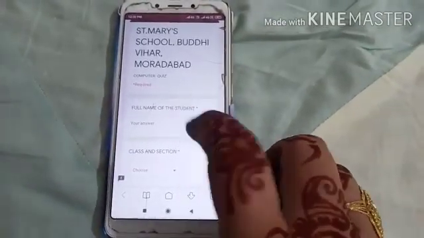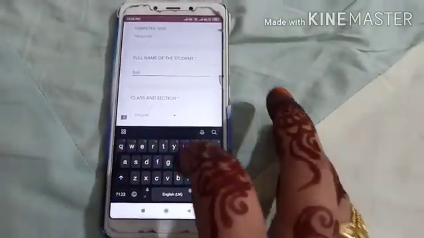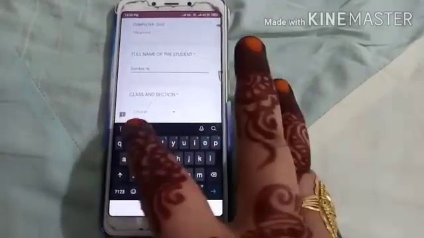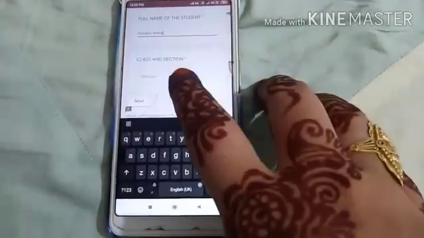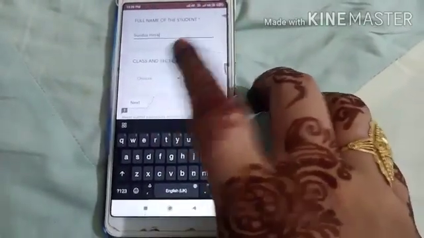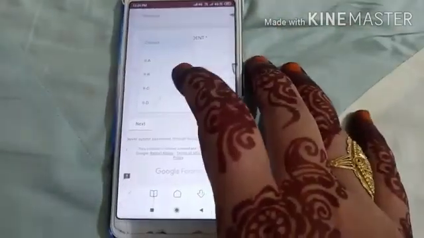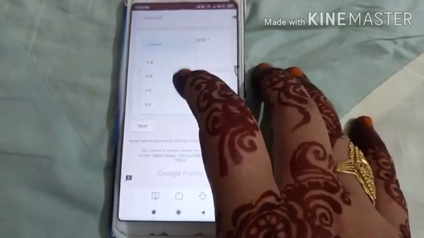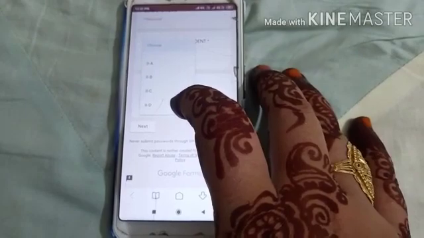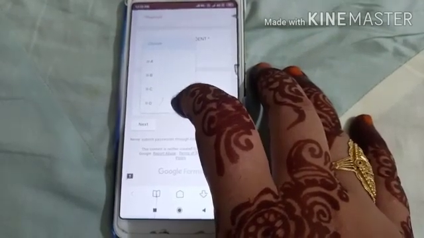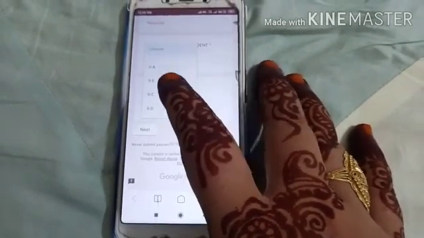Here you have to write your full name. Suppose I am doing it right, Sundus Miraj. Alright, now class and section. By clicking here on class and section, you have to choose your class or section. Here I have written only class second ABCD, but at the time of the original question paper you will be getting your classes, out of which you have to choose your class and section. Right now I am choosing class second D.